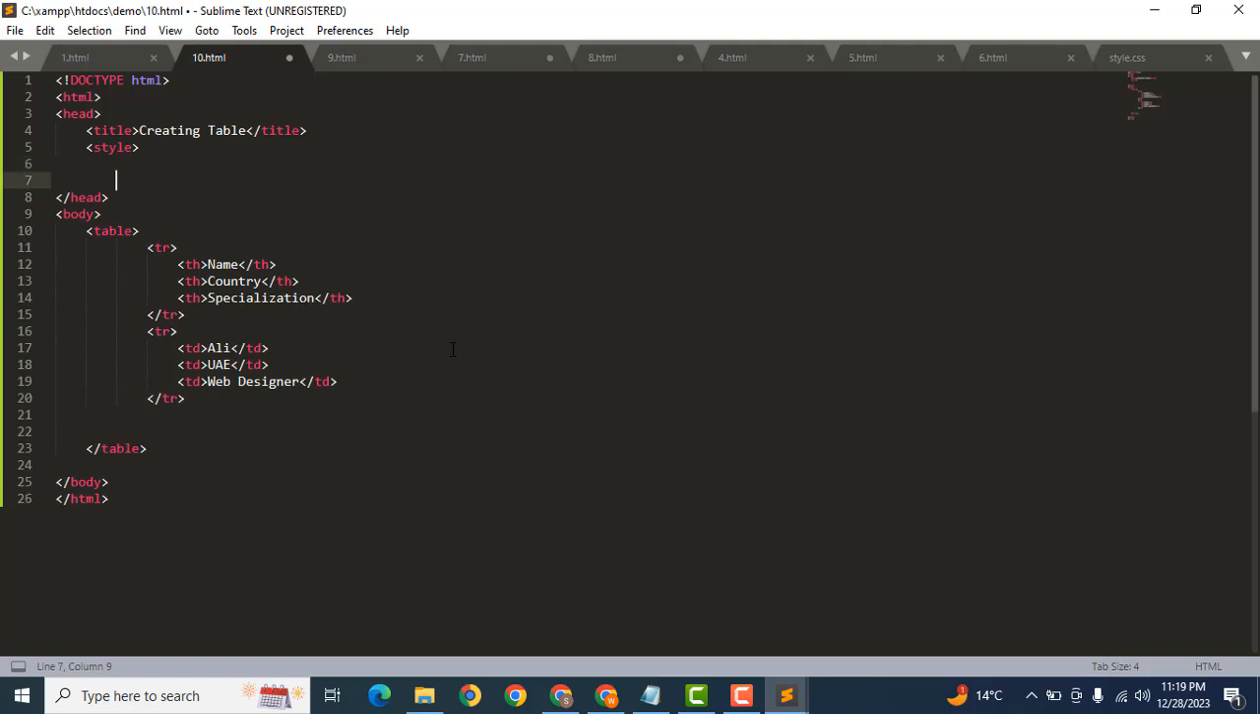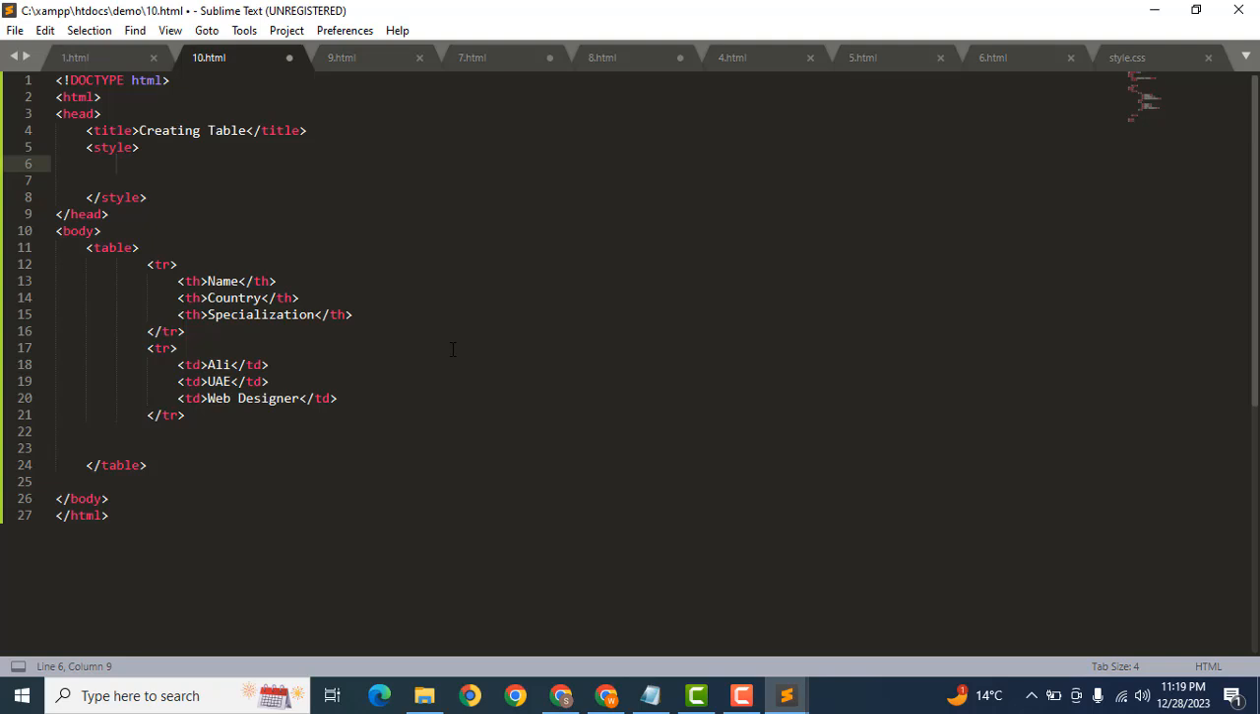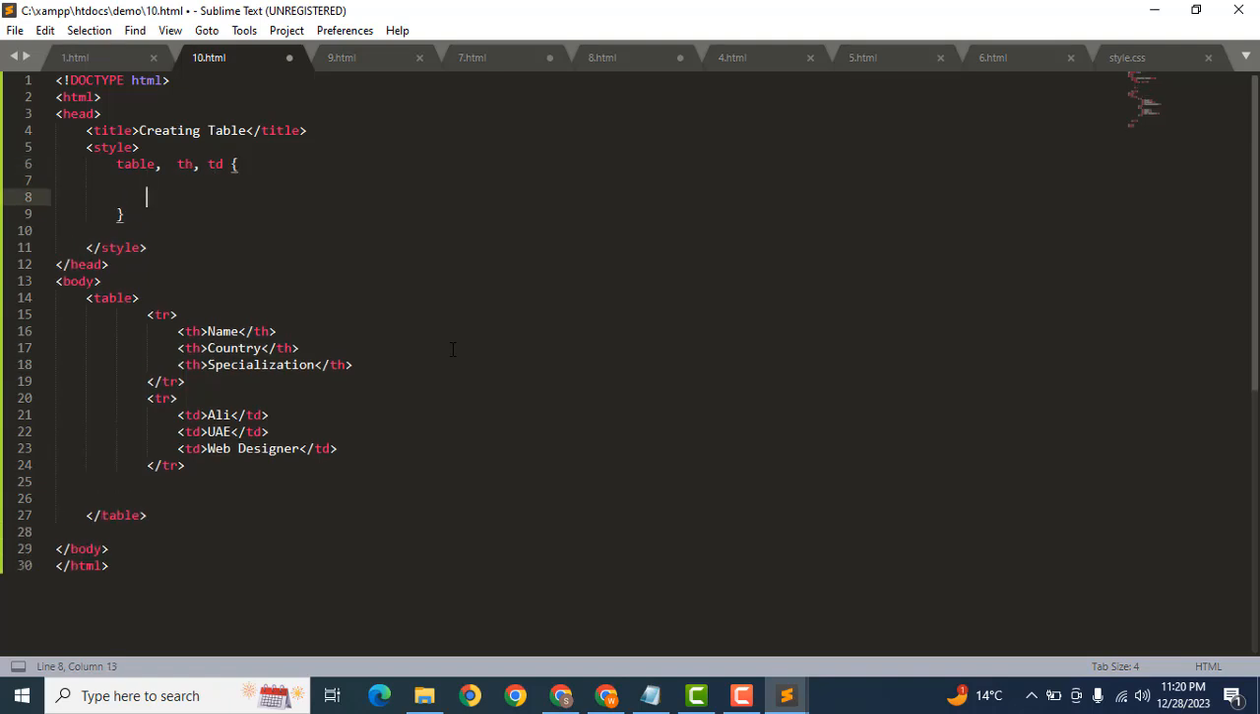Just we can add the style tag, and after that here we can add border. For that we need to add table as well as table row tr, then th, td. We can remove tr, and after that here we can add brackets,